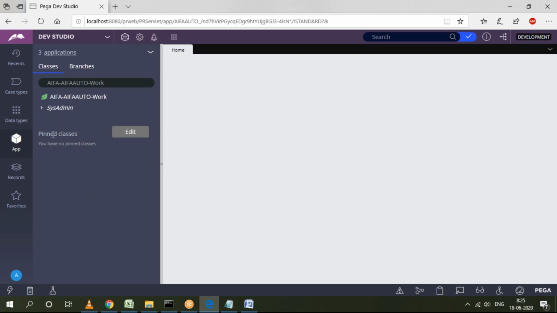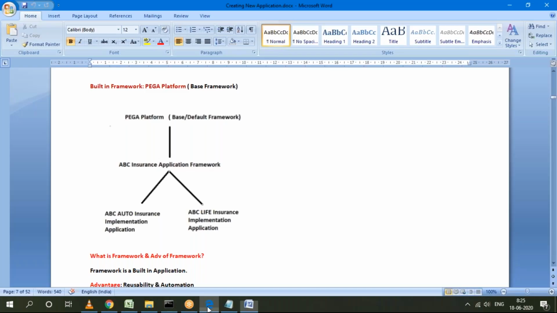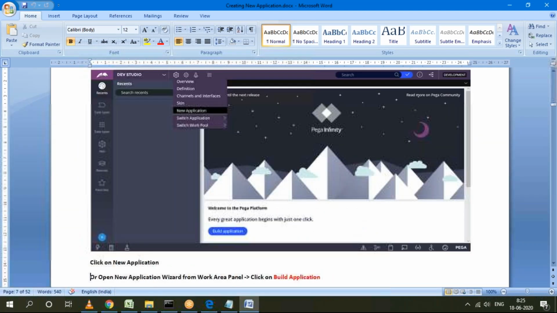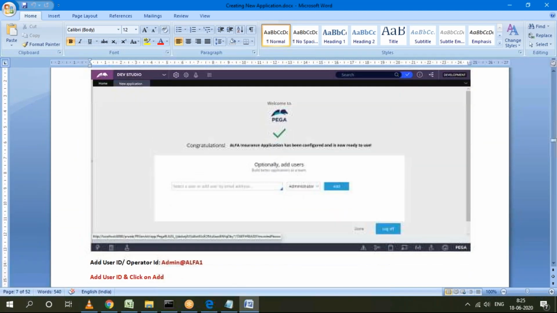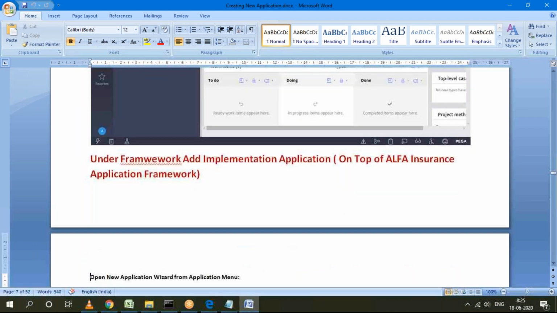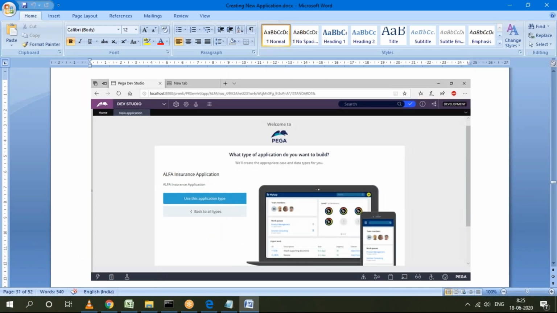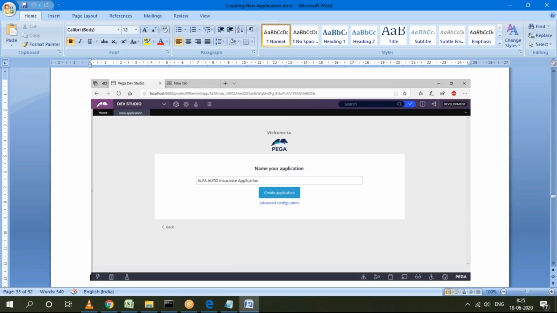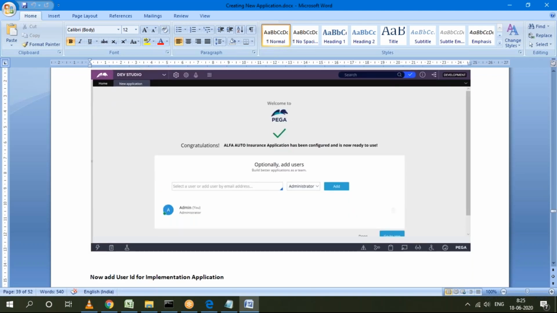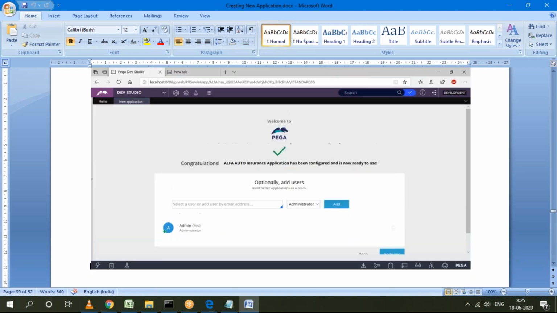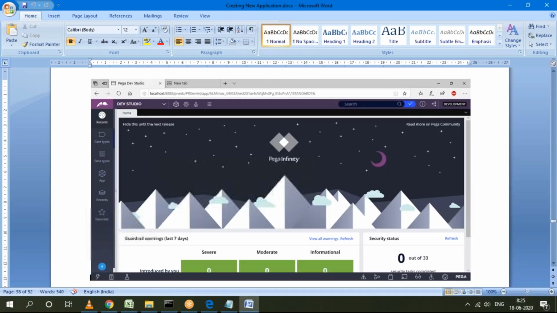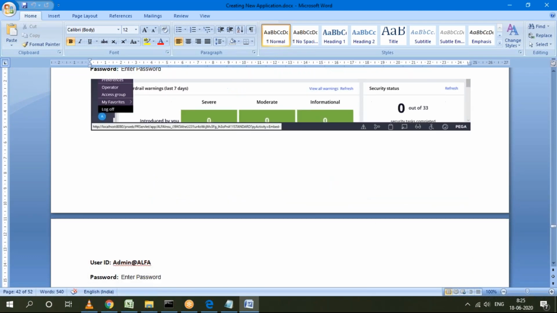Up to here everything is configured in real time. That is the application setup. This configuration will not take much time. It is very simple: just open the widget, fill in the parameters, and the setup completes automatically. The only thing is that when you click the button to create the application setup, it will take some time. Just wait until the setup is done, and once it is done, you can open the application, log in, and update the password.